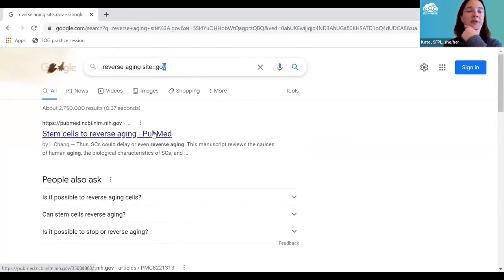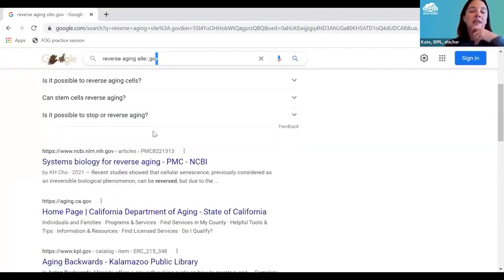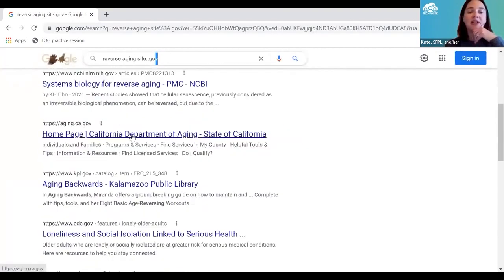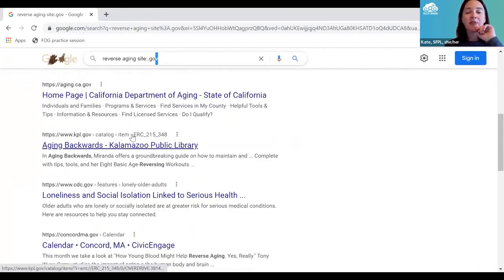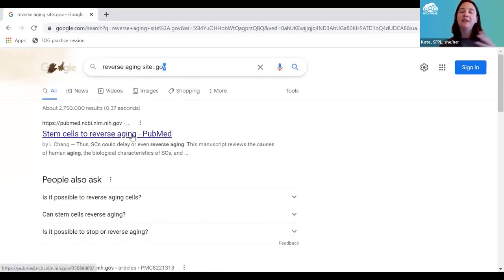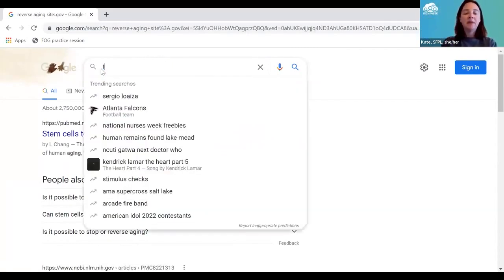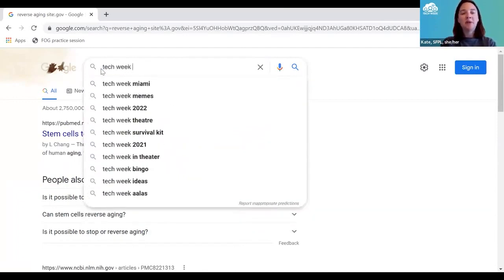And that got me to PubMed, which is a free government website that has health publications and health research on it. That got me to aging.ca.gov, a couple of library things. So it helped me filter out some of the more commercial results, the "please buy our thing, spend money here" results that I might have seen. Similarly, just to prove to you it works,